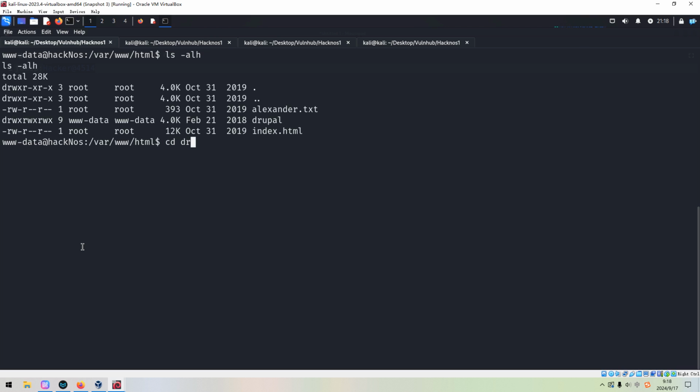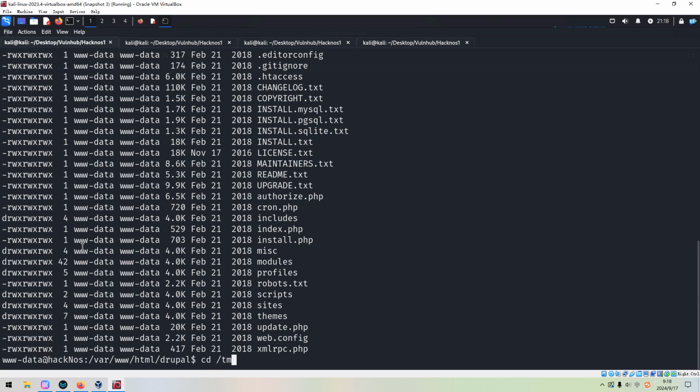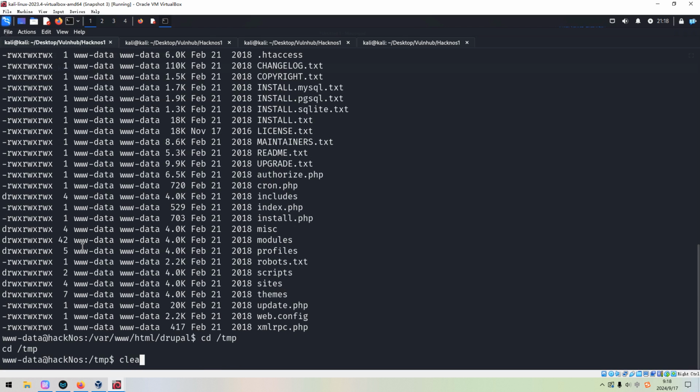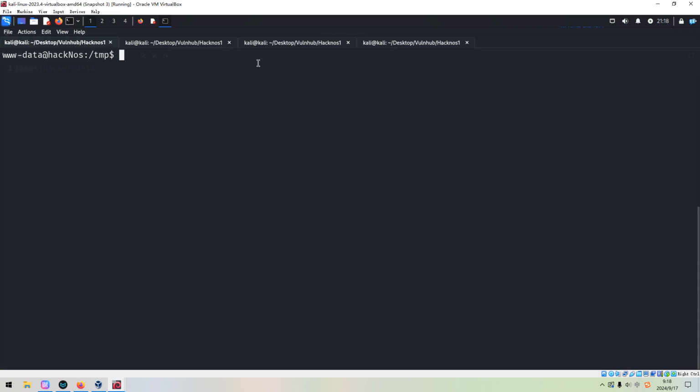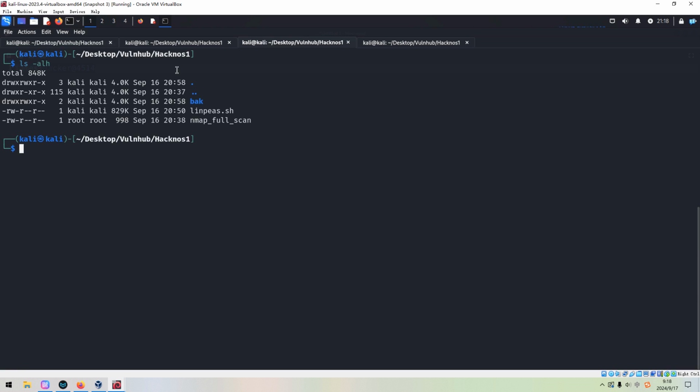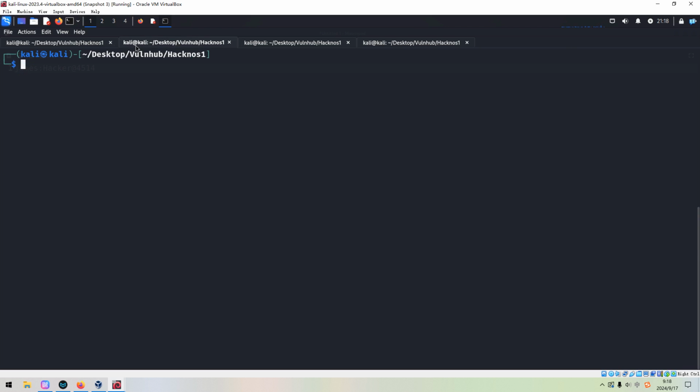Go to the Drupal. Maybe it will be wiser. We can upload the Ninpier shell script to the target, then we can do the automatic enumeration, right? I've already got this script ready. So now we just set up the web server on the Kali Linux to upload this file to the target.